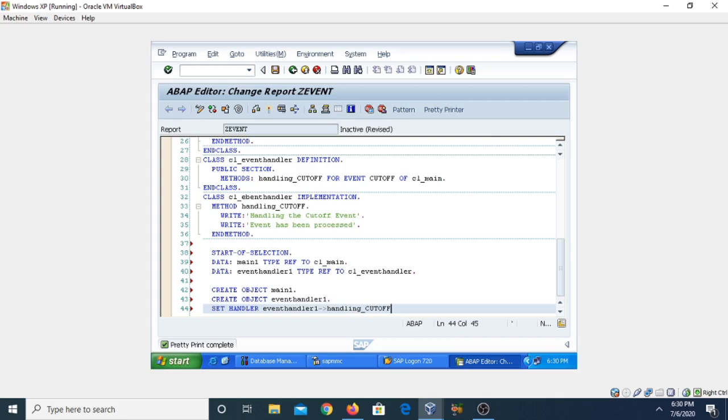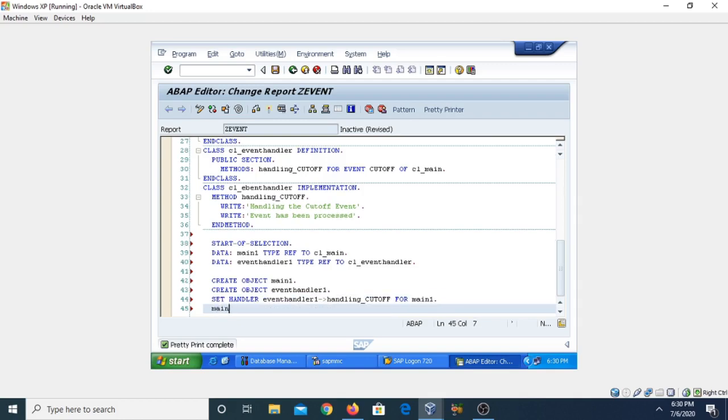Generally what we are doing here is registering, and registration is always done with the help of set handler. Cutoff for this is our main1, and calling the method event, or you can say passing the parameter 1. So in this way we have done 4 steps.